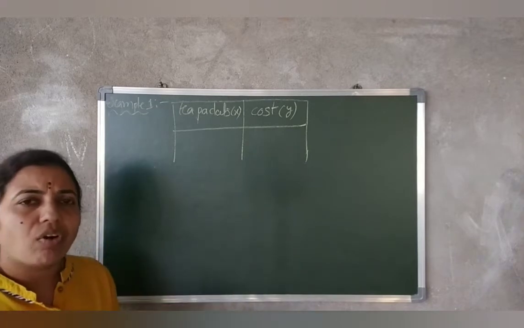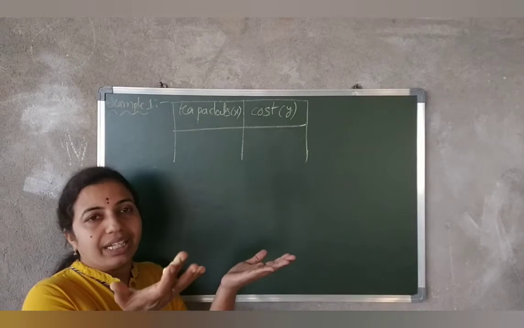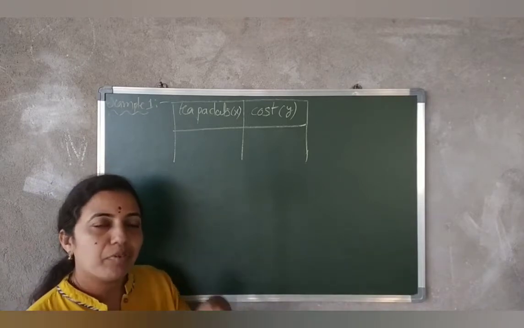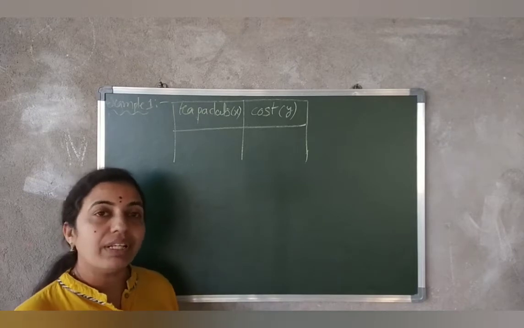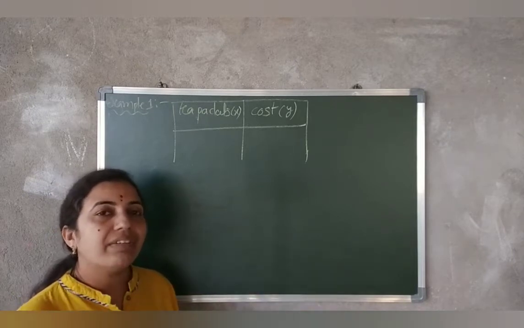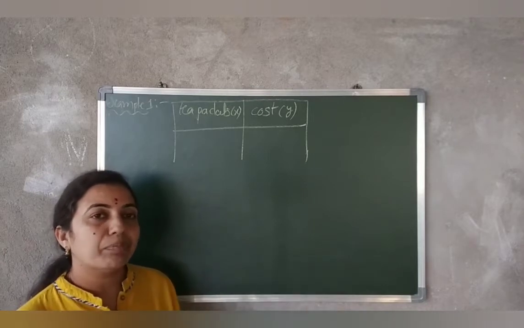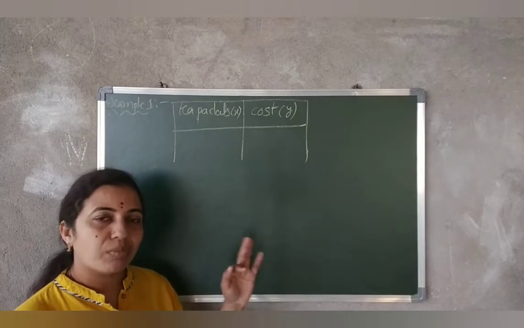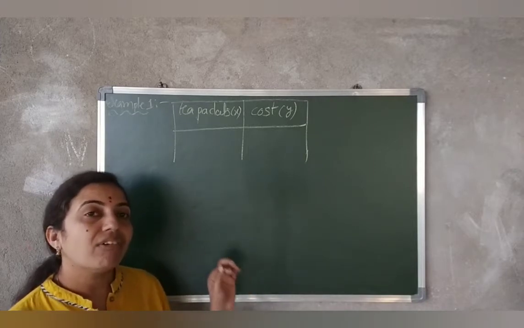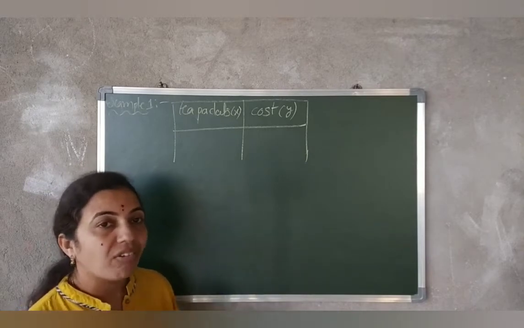Obviously, as the number of tea packets increases, the cost will also increase. Yes or no? If you buy 2 packets and then if you buy 4 packets, the cost will increase. So based on the quantities, you should see whether it is increasing or decreasing, whether it is in direct proportion or not. Both are increasing or both are decreasing. Like that you should consider. You should see only the quantities. Don't see the values. First you should consider the quantities.